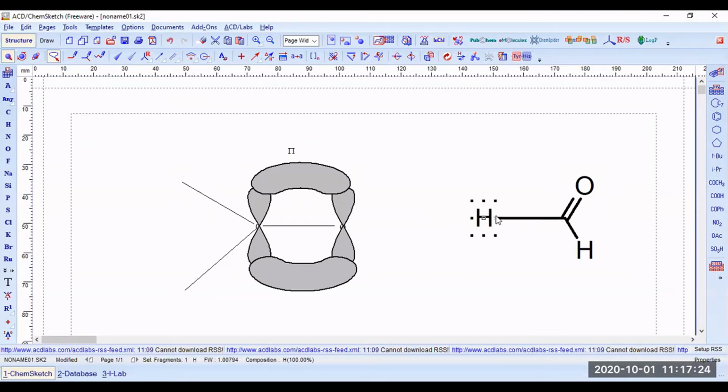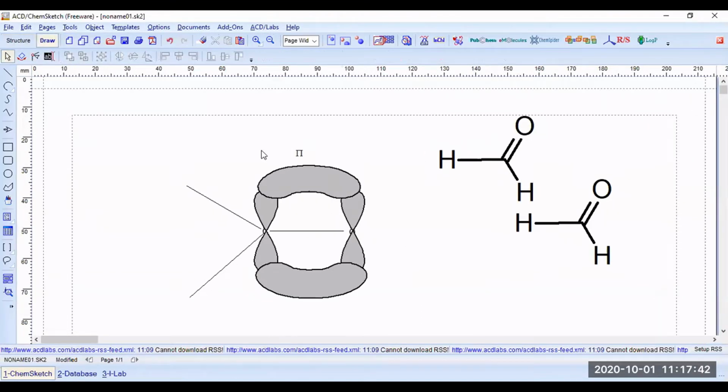This is a formaldehyde molecule. So now what will happen? This formaldehyde and one more formaldehyde molecule, if you are keeping them like this, and if you are rotating this molecule that side, and finally what will happen, there will be